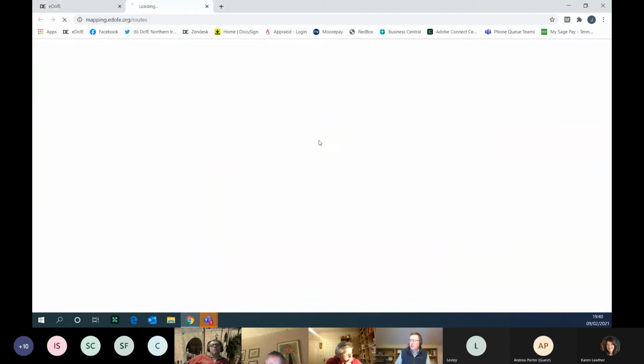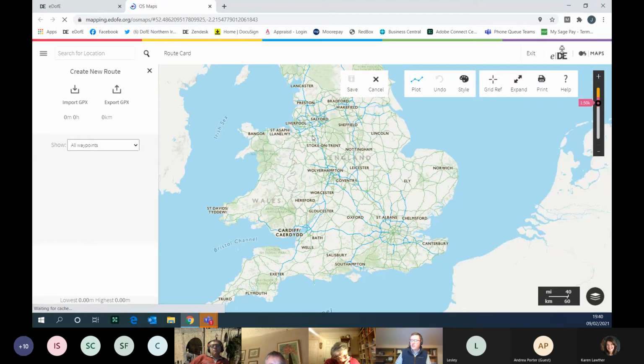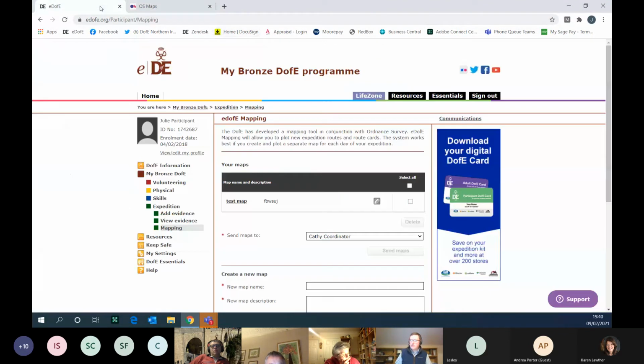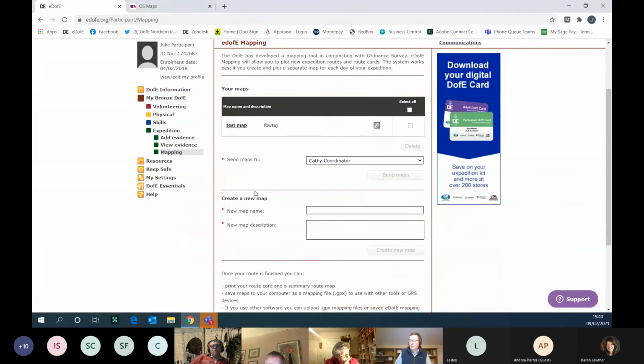So it opens up the map and just does exactly the same thing as I've demonstrated for you. However, they have an additional feature which I wasn't able to demonstrate yesterday, so you're getting the better version here. So once the young person has saved the map and they're happy with it, they have the option to send it to you through the system rather than having to save the GPX file and send it to you a different way. So if they select their map,